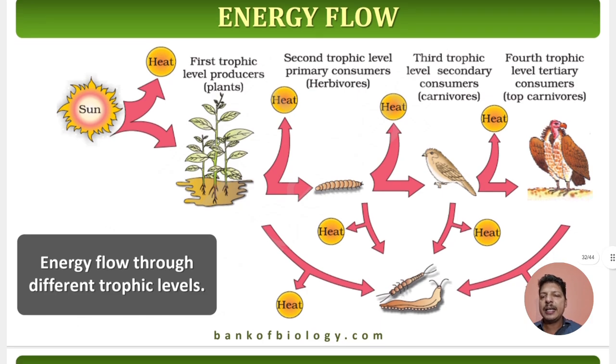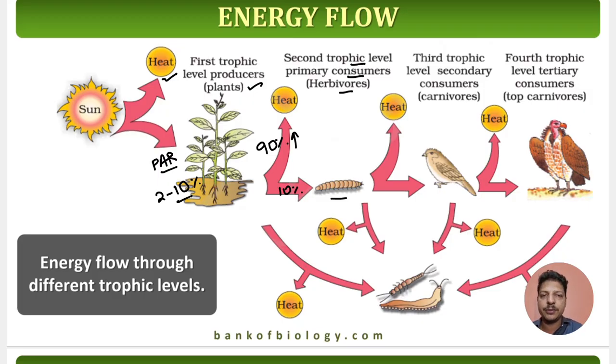Here you can see energy flow through different trophic levels. The sun provides heat absorbed by plants, and plants consume 2 to 10% of the power. The first trophic level, producers, are plants. About 90% of the energy or biomass is used as heat, meaning their respiration. Only 10% transforms to the next trophic level,